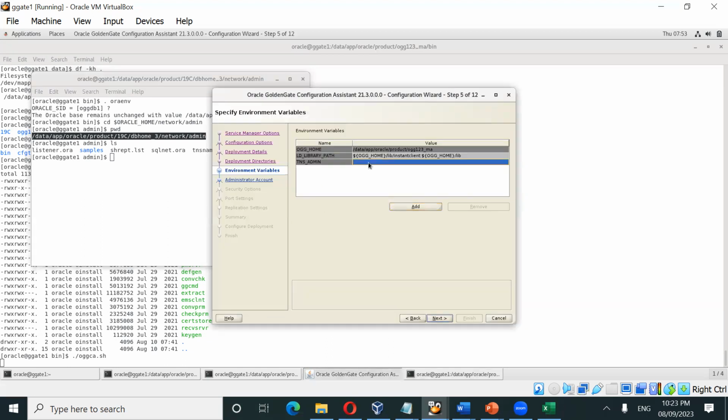So the TNS admin will be this location. Now, if you want to add any other information like database SID or Oracle home, we can add Oracle home as well. So the Oracle home is